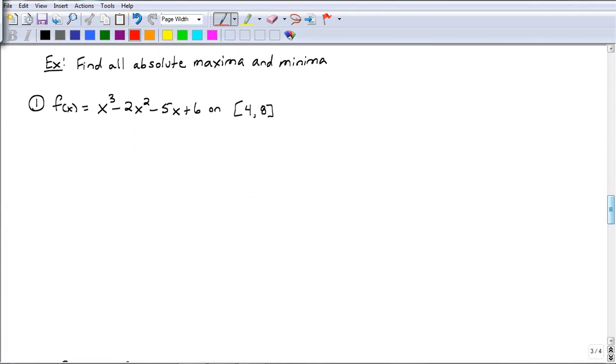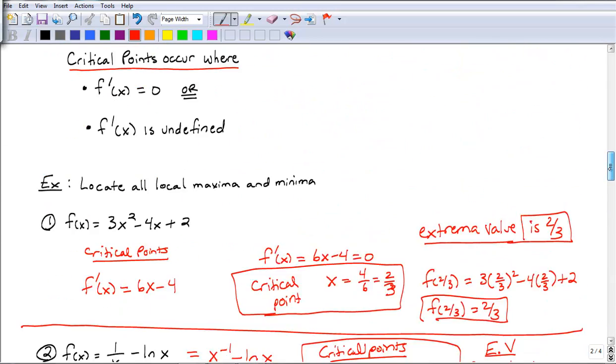Here are some absolute max and minimum problems. The reason I can find an absolute max and min is because I have a closed interval. Whenever the interval is closed, I can find absolute max and mins. To find absolute max and mins, I find all the critical points and the max and mins that go with them. And I also have to check the endpoints as well, because the endpoints could also be the biggest or smallest value. If you'll notice at the example we did before,